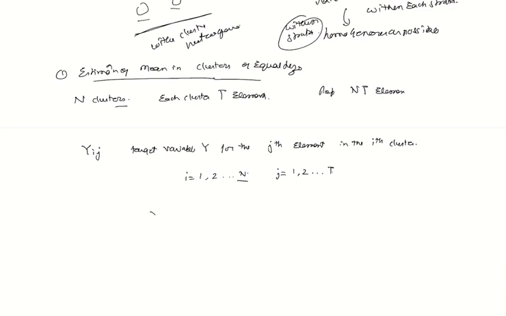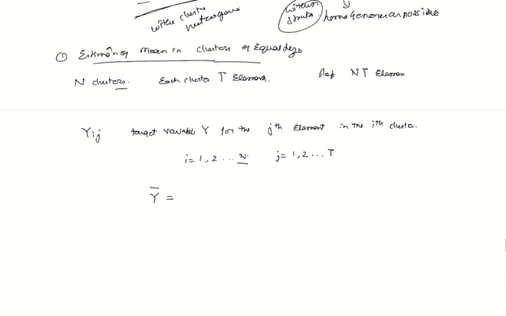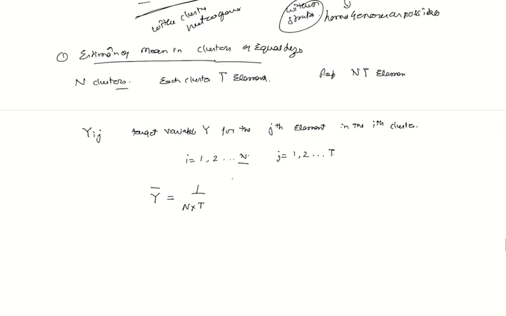So what is the Y bar, which is the population mean? That is just going to be 1 by Nt, summation i equal to 1 to N, and summation j equal to 1 to t,